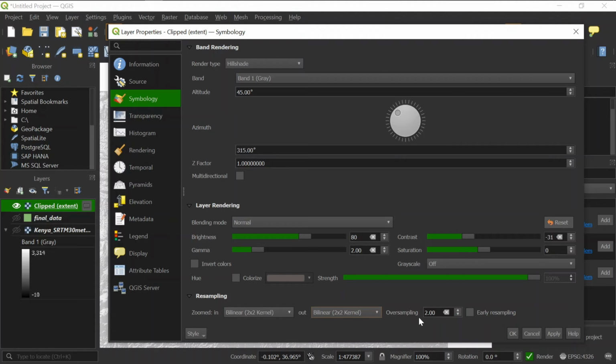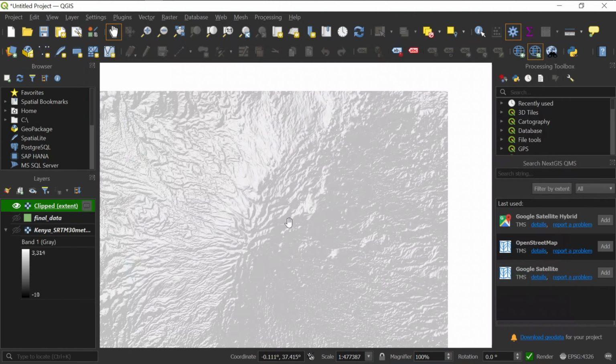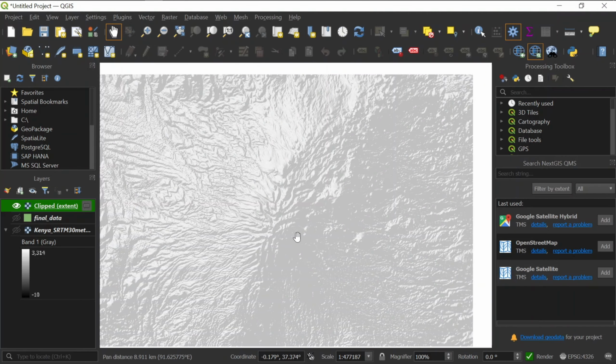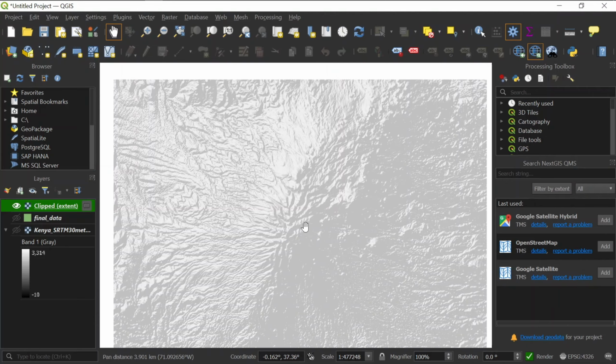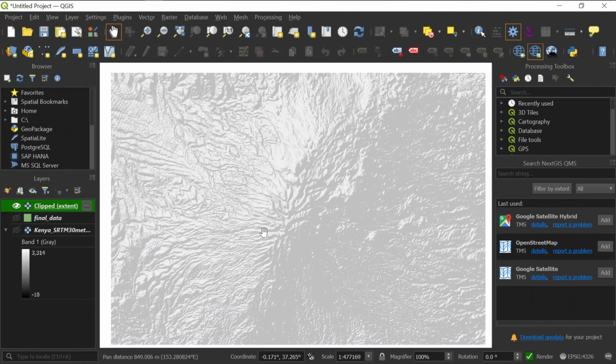Then oversampling says 2, we are just going to leave this as it is, but then we also need to check the early sampling. So if you just click on early sampling like this, then you need to click on apply here, and then okay. So you can see that we have our hillshade here, which looks something like this. So this is our final step. Of course, we have created our hillshade, which is a 3D elevation, and now we need to go ahead and